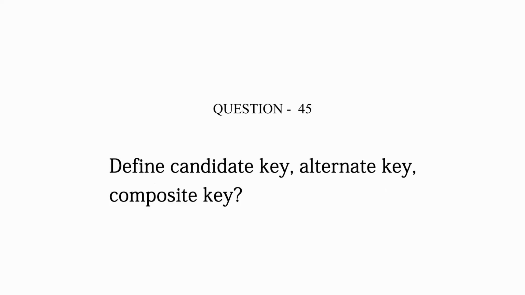What is the definition of candidate key, alternate key and composite key in a database? A candidate key is a column or a set of columns that can qualify as the primary key in the database. An alternate key is a key associated with one or more columns whose values uniquely identify every row in the table, but which is not the primary key. A composite key is a combination of two or more columns in a table that can be used to uniquely identify each row in the table. When the columns are combined, uniqueness is guaranteed, but when taken individually, it does not guarantee uniqueness. That is what composite keys are.